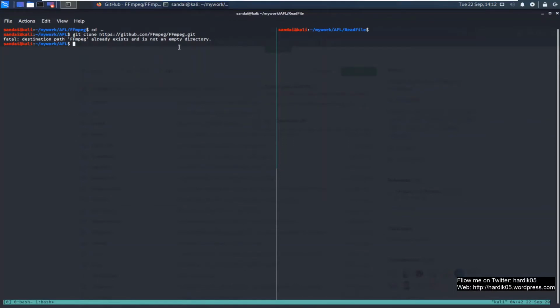So once you clone that repo, simply go to the ffmpeg folder, and here it expects certain configure parameters. The compilation is not very straightforward in this case. You need to install a lot of dependencies. So let's first try to configure it using a very simple bare minimum configure command and see what happens.